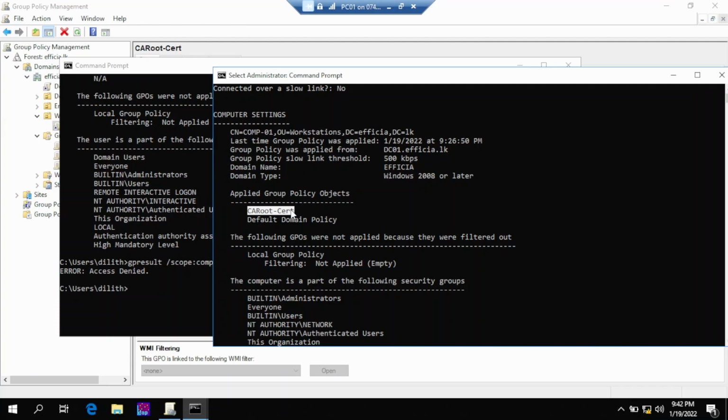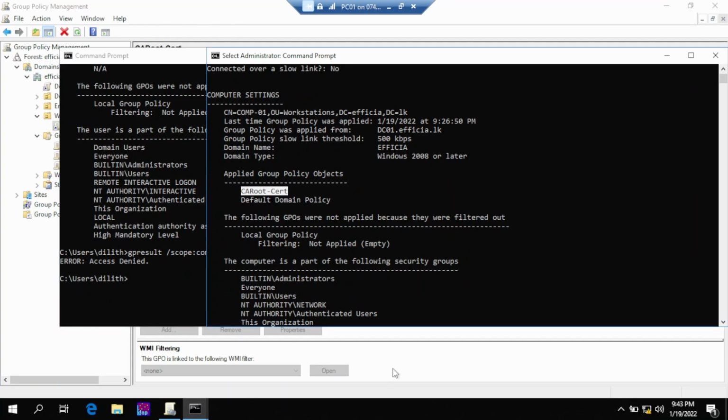If you have a single domain architecture in your organization, this will work fine. But what if you have multiple DCs with parent and child domains? In that case, you need to check that file replication is working fine, right? You might get issues even though this group policy object is applied to the PC. You will get errors, right?